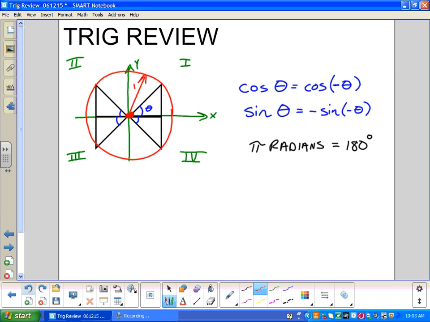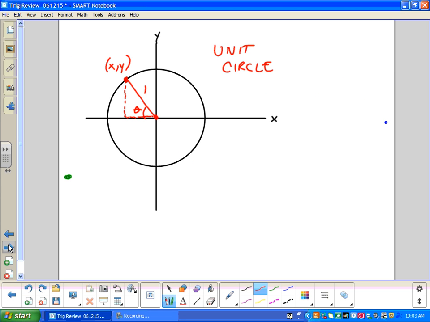The easiest distance to have is a distance of 1, which we call the unit circle. And again, we can do all our triangles on this unit circle. So I put a point xy on the unit circle, out some distance of 1. And not only does this give us the general form of a circle centered at the origin, where the Pythagorean theorem leads to x squared plus y squared equals 1 squared, or r squared,